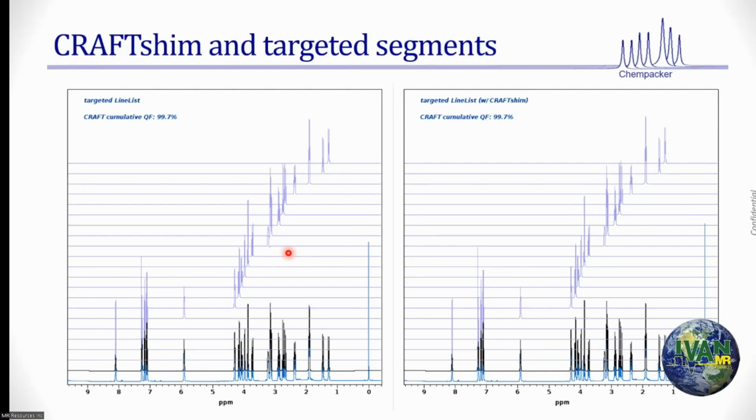If I direct and then say, go, these are my protons, what's my expected phase and what's the observed phase, and can you give me a quality factor? Whether I shim it or not, it's going to give you the same number. So the shimming could not be used in a chemically directed